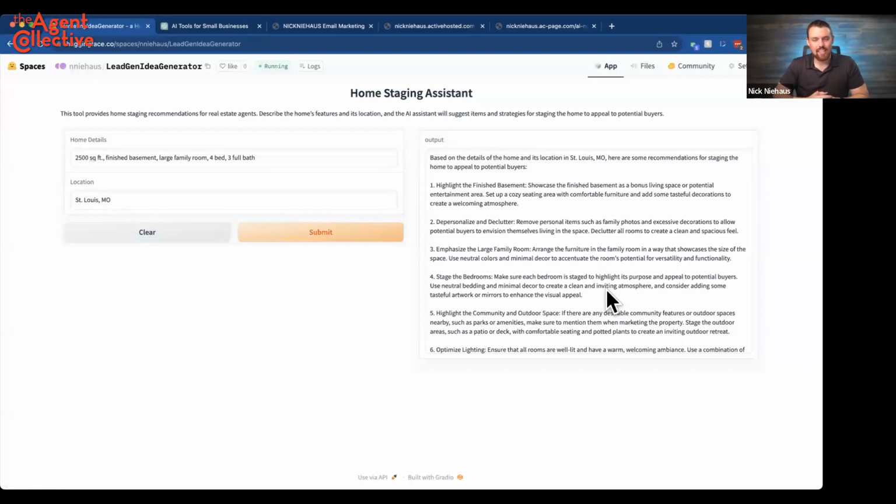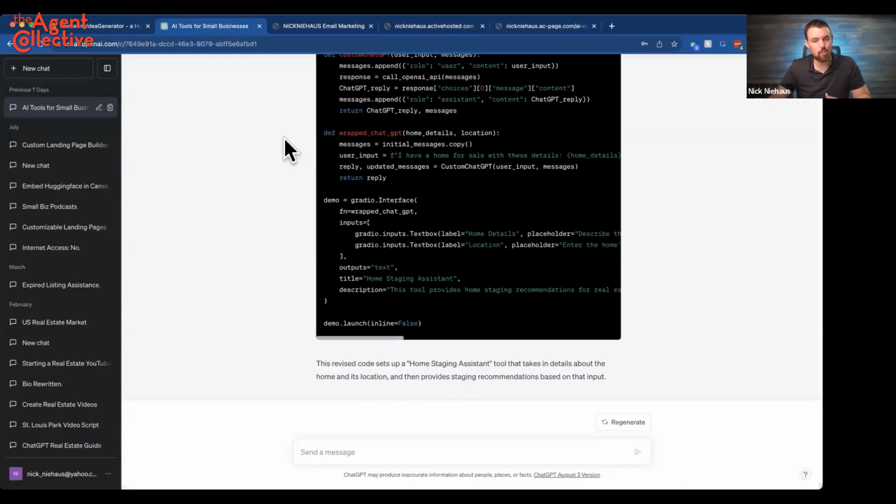I know that is quite a bit to take in overall, but just remember, if you work through this one step at a time, most of it is done with ChatGPT. All you've got to do is copy the code, paste it into ChatGPT, and then just talk to it, and then come back and paste it into Hugging Face, and then embed that tool into your website. If that's too technical, you can work with your IT person, or you can reach out to me at that phone number I put in the chat.